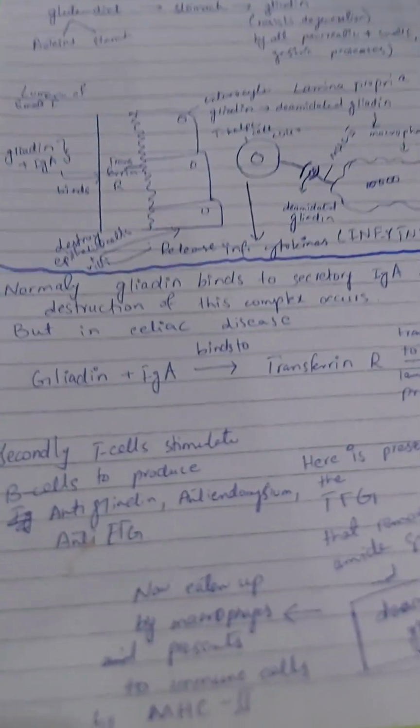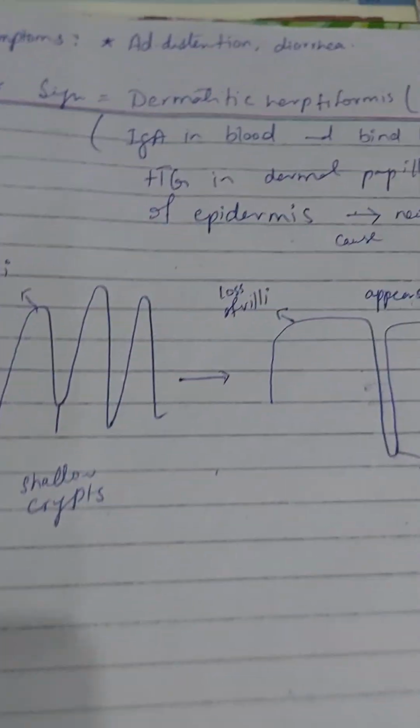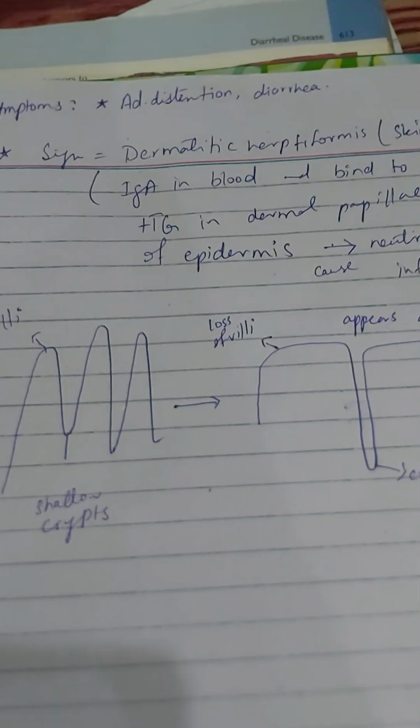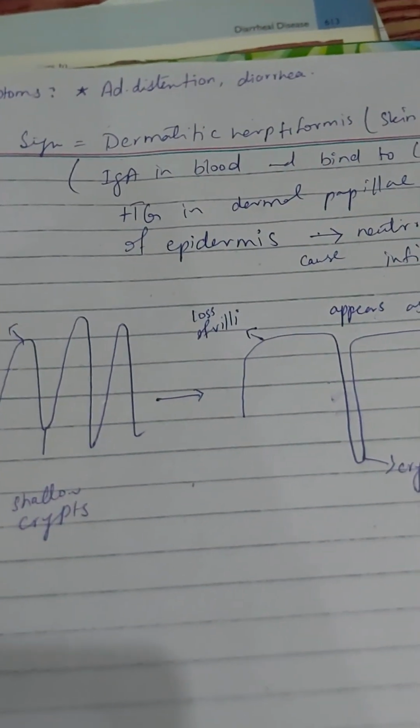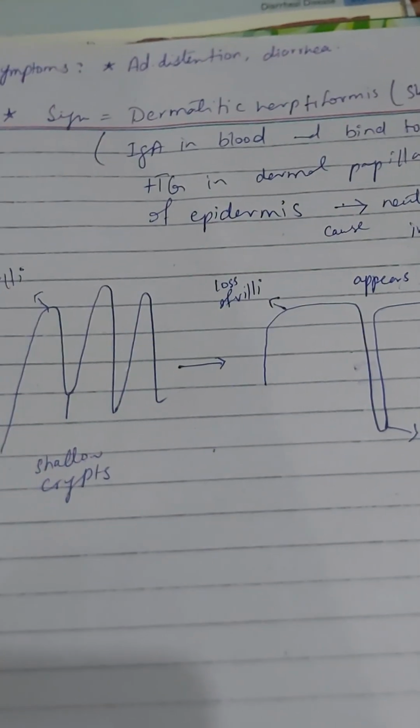Now just come to the signs and symptoms of the disease. Now what are the symptoms? As what we eat is not digested, there occurs abdominal distension, weight loss, diarrhea, anorexia, this kind of thing. And one thing that is associated and very important for